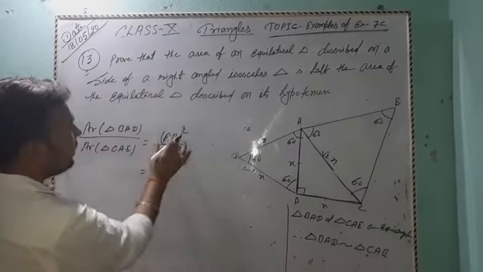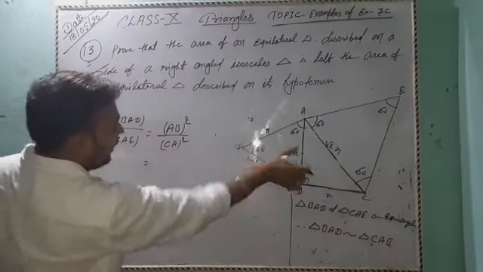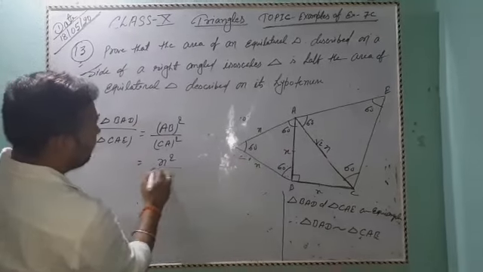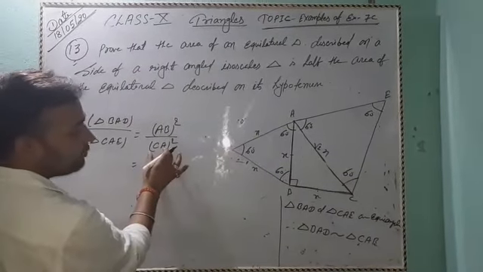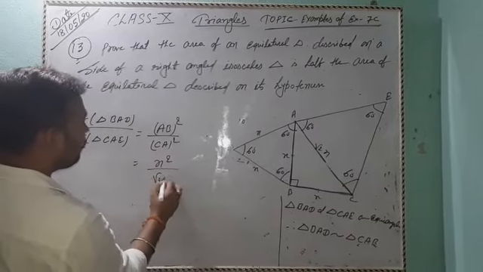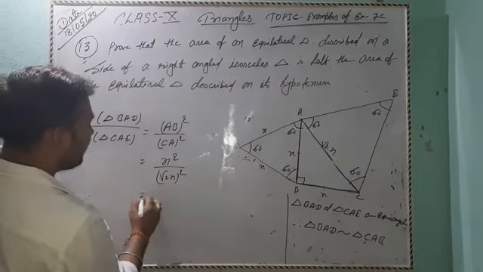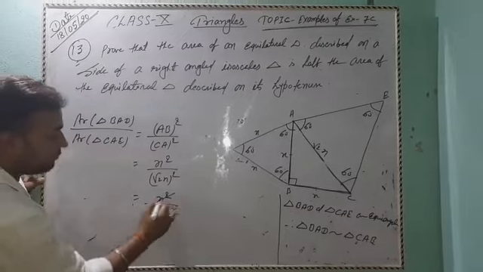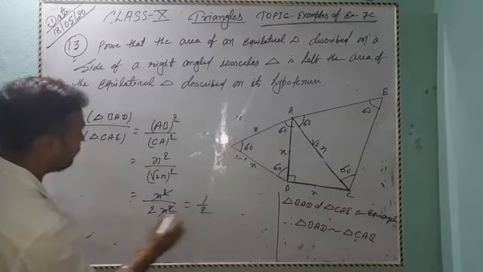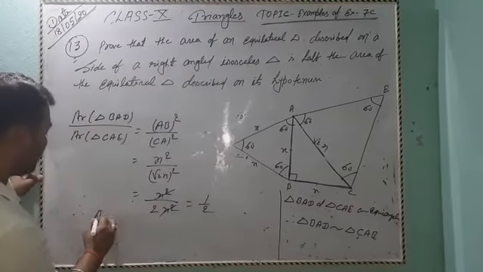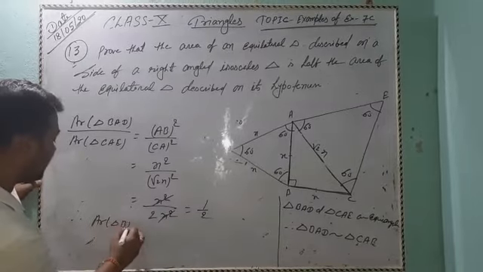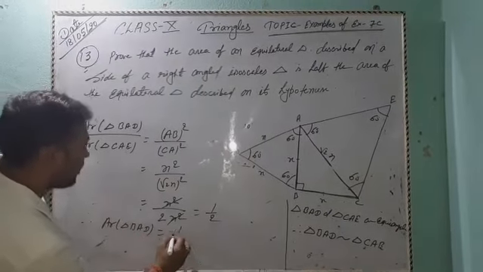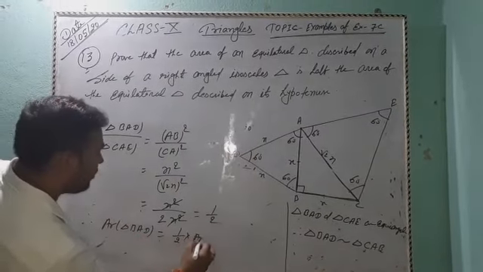AB equals x, so x square, and CA square equals root 2x whole square. This is 2x square. x square is cancelled and 1 by 2. Hence area of triangle BAD equals half into area